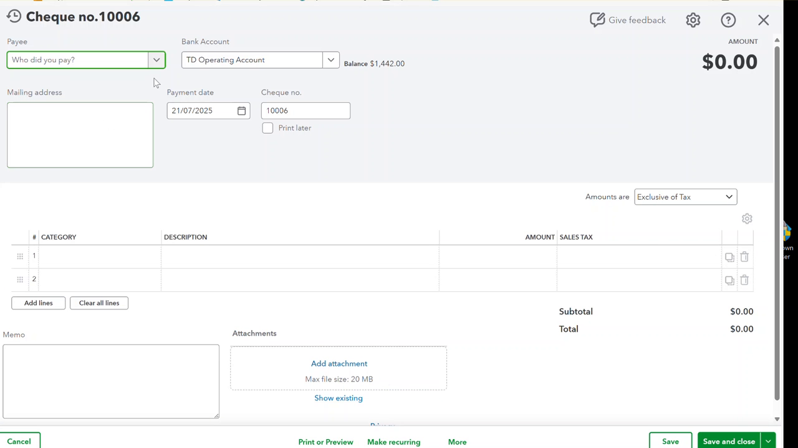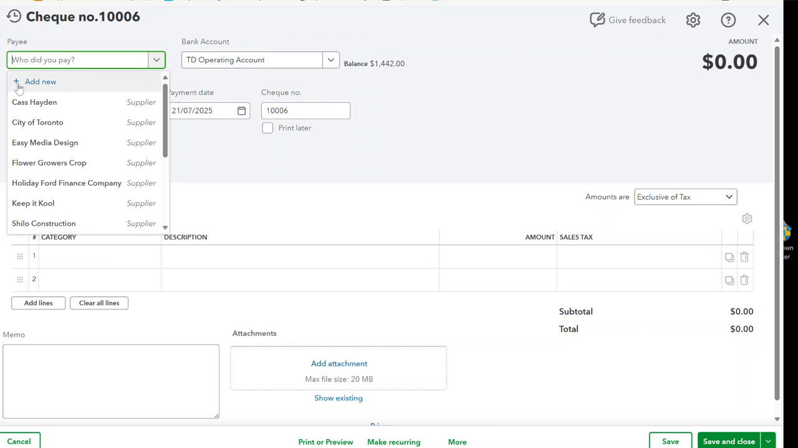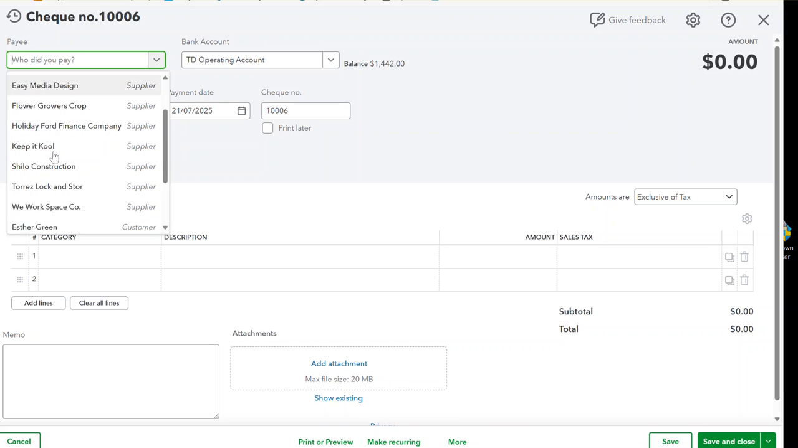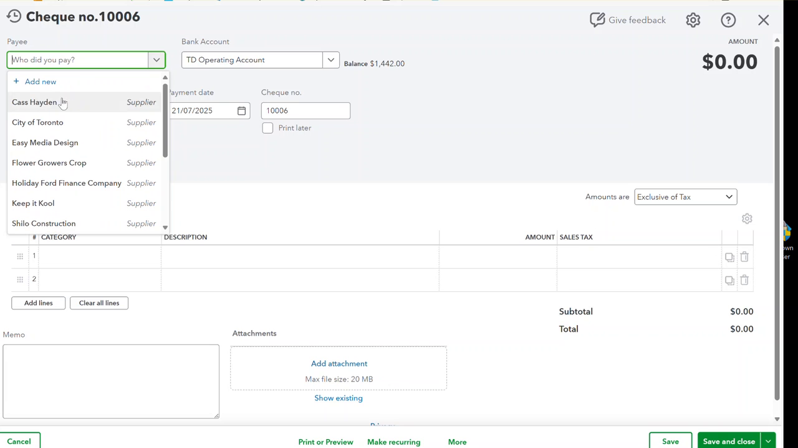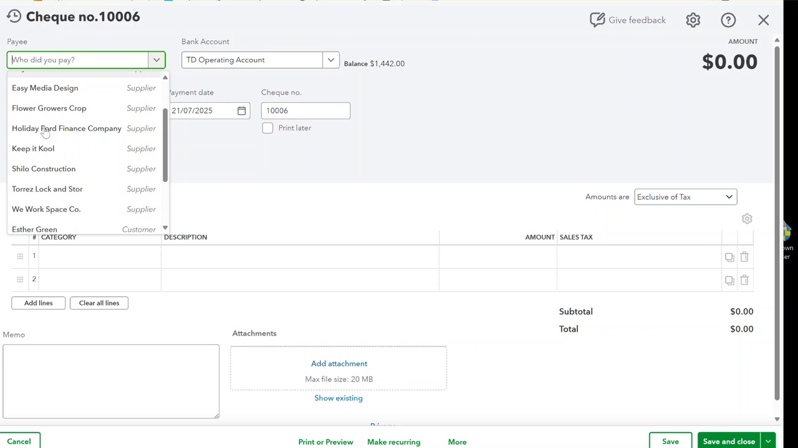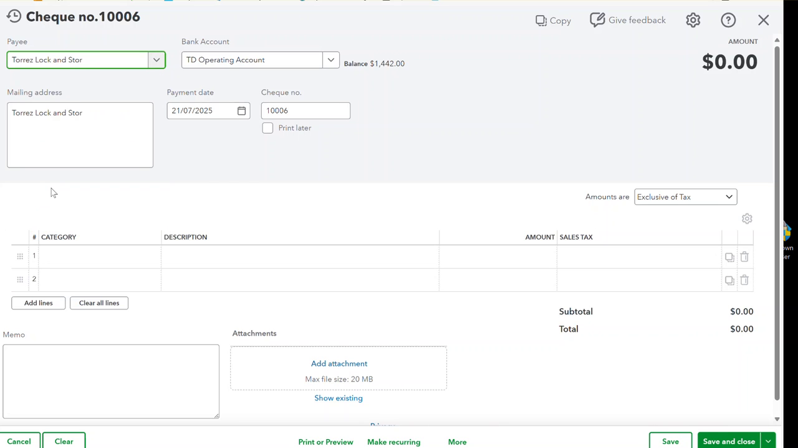When you make a check, for your case, you're going to say add new, but for me, I already have the supplier, so you would first be adding a supplier by clicking on add new. I already have it, so I am going to pick that supplier from there. So we're going to be writing a check, and the check number they told us in the question is